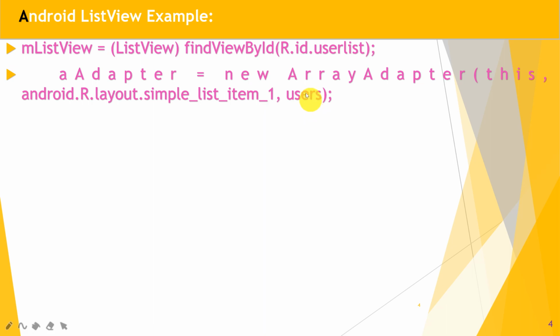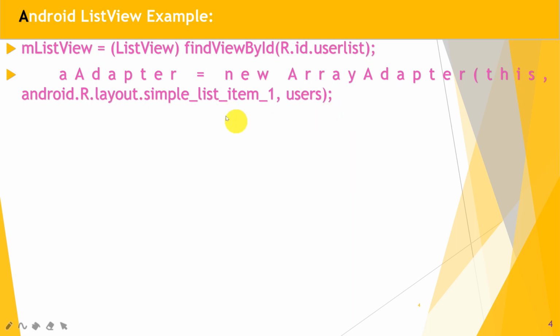This is the users array of strings, that is the source, and the layout is the intermediator. In the ArrayAdapter class constructor, we have to pass three arguments: the current screen, second the layout, and third the source.